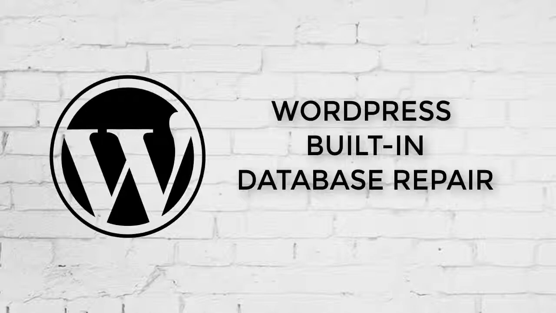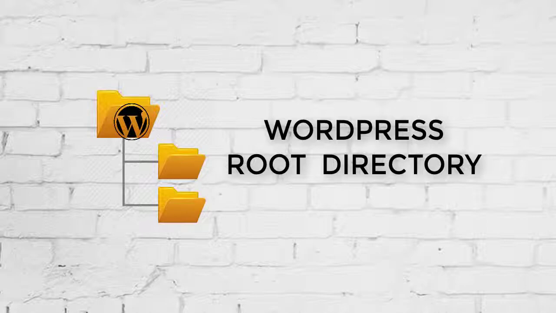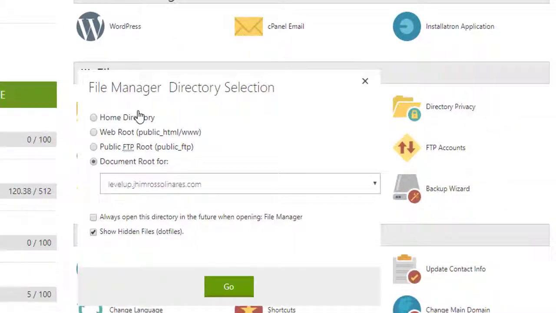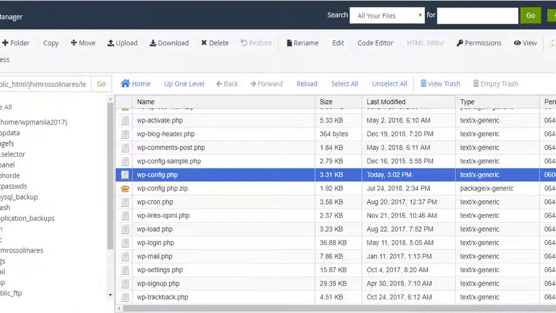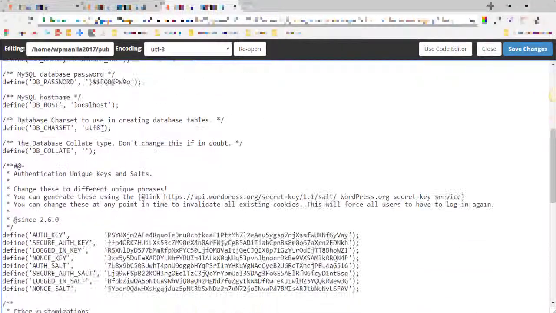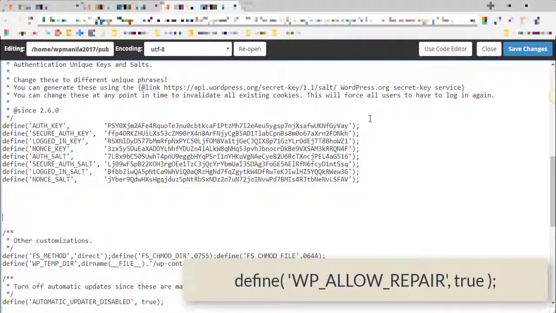WordPress has a built-in way to attempt to repair your database, but you'll have to enable this feature first. To do so, you'll need to access your WP config file, which contains your WordPress installation settings and configuration. You can find the WP config in the root of your WordPress file directory. You can access it by logging into your cPanel, selecting File Manager, and navigating to the folder where you installed WordPress. Once you have WP config open, add this line of code to the bottom: define('WP_ALLOW_REPAIR', true);